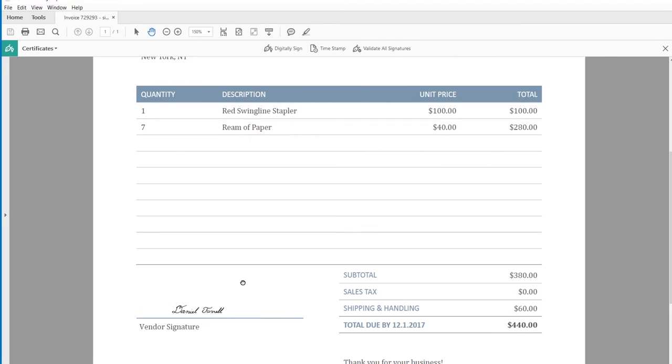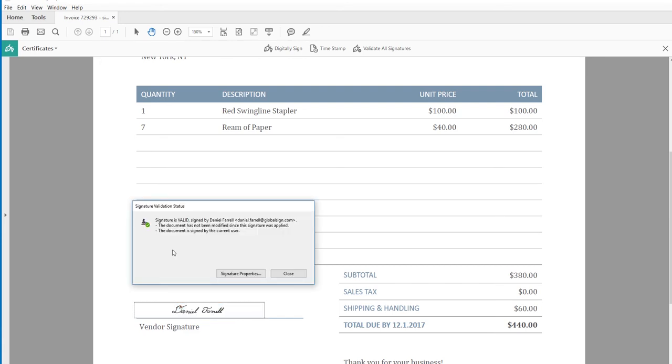And there you have it. You'll see the signature you created a few steps earlier in that preview window on the document below. You can click on the signature to see the signature validation status. This shows us that the document is valid and that it has been signed by me. The document has not been modified since the signature was applied, and that it has been signed by the current